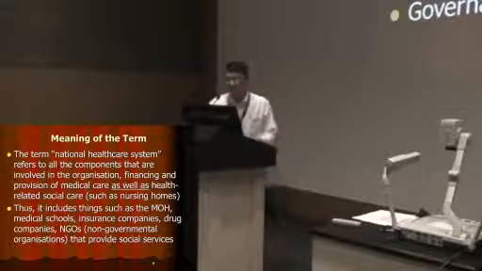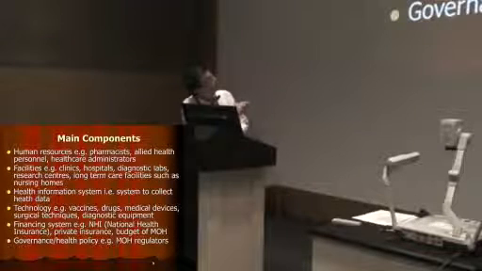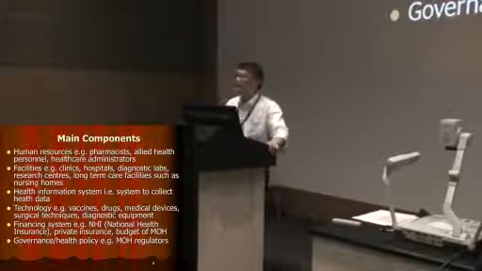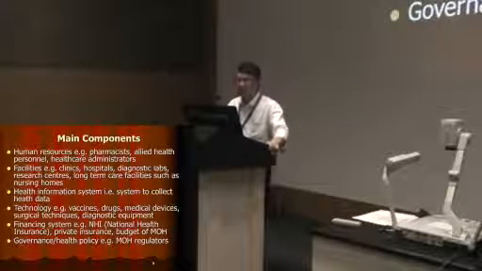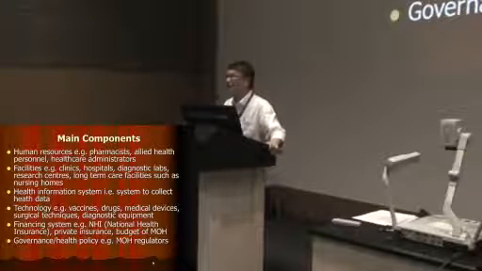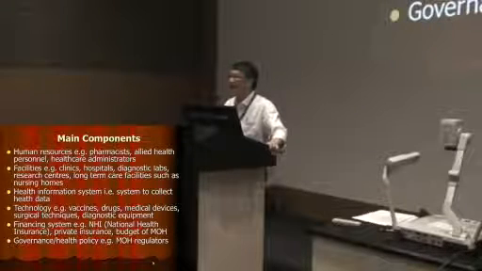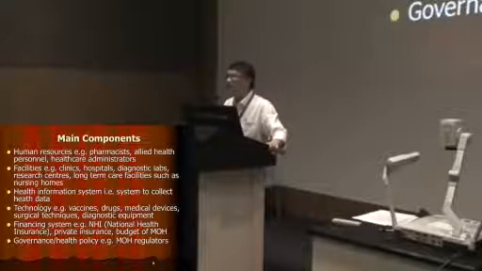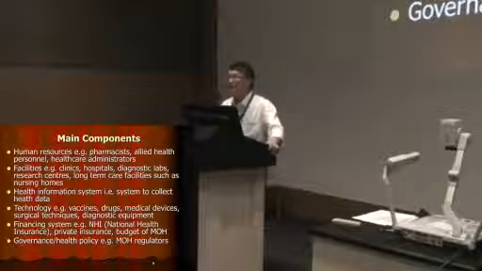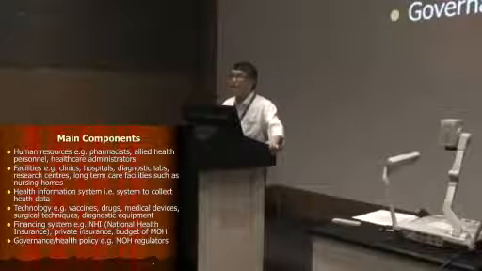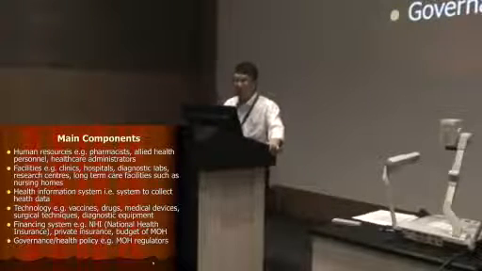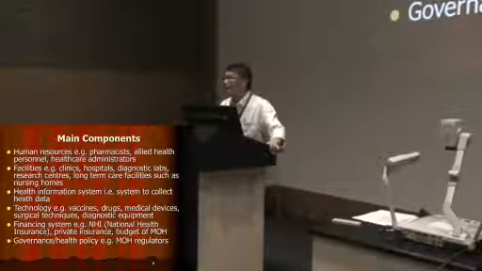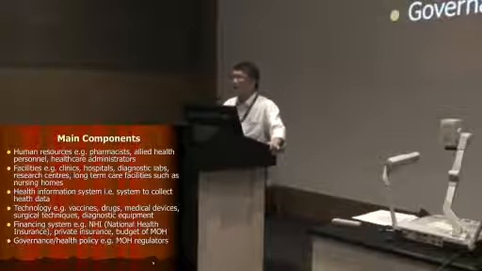These are the main components of a national healthcare system. Most obvious, human resources. When you ask ordinary people, lay people, the person in the street, to name some human resources used in healthcare, they talk about doctors, nurses, sometimes pharmacists, and a lot of the other human resources tend to be overlooked. You also have allied health personnel, meaning people like occupational therapists, physiotherapists, or in the US they call them physical therapists. You have diagnostic lab workers, healthcare administrators, the people who run the hospitals.